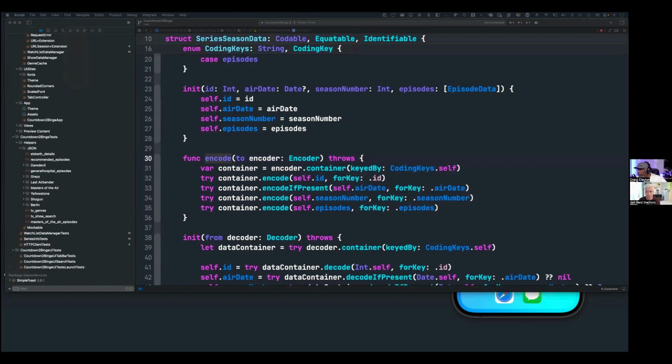Yeah, I think we need to make a JSON encoder. Save us, Paul. Yeah, I found